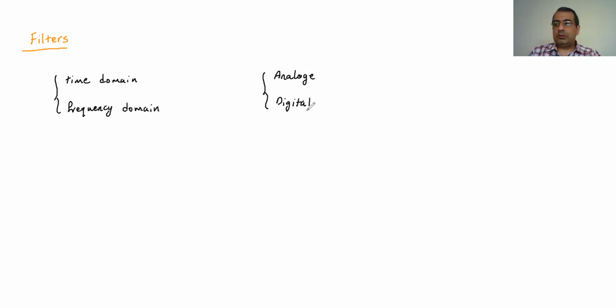But sometimes we use the computer to do the filtering. So in analog filtering, we have some signals coming in to whatever equipment we have, and then the circuit does the filtering for us,